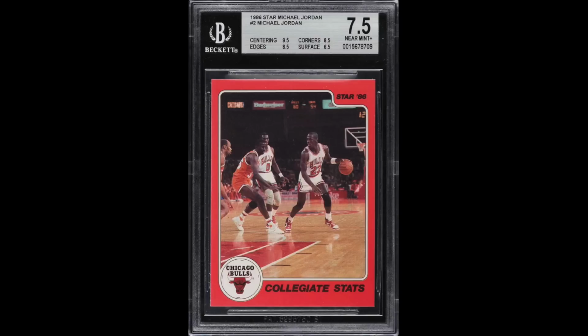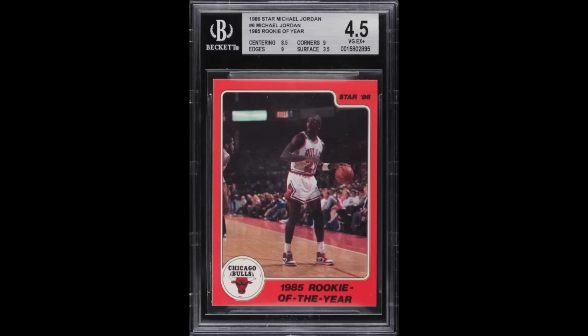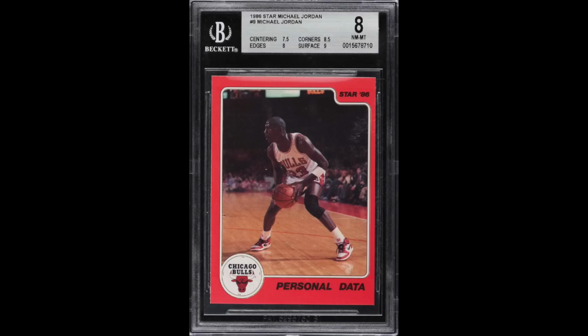So I started sending them to Beckett, and yeah, Beckett had no problem with any of them. I've not had any issues with the ones I've sent to Beckett so far. Here's a 7.5 that I got on card number 2. Here's a 4.5 I got on card number 6, and here's a near mint 8 that I got on card number 9. So I guess technically this one is on me, as I didn't read the full list before sending them in,